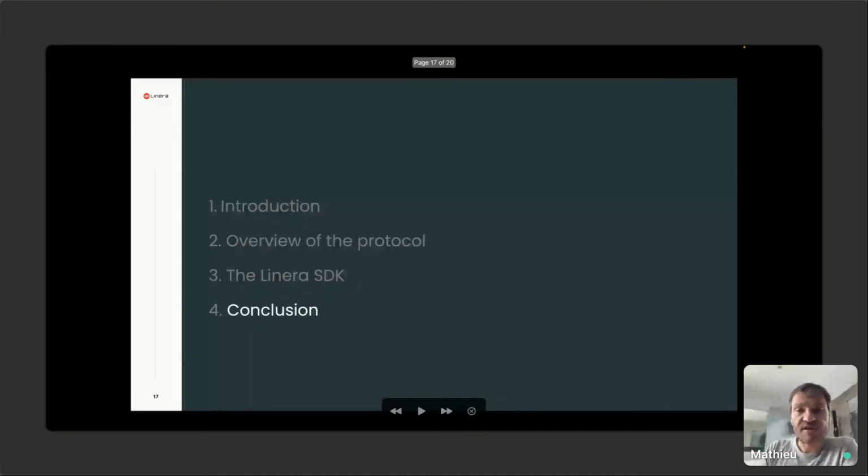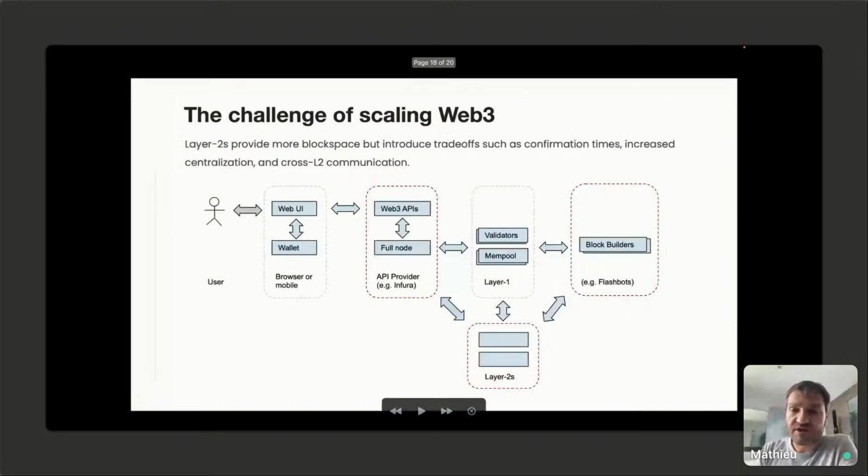So to summarize, scaling Web3 applications has obviously been a problem that has been studied for a very long time, and there are many solutions that are being proposed. Layer 2s, in fact, are getting the attention lately. In Linera, we're interested in different trade-offs. We don't prioritize applications that want a shared state among all the users. Layer 2s are very good for putting the state of a single application, for the state of all the users, on a single chain. But if you want to scale this up,